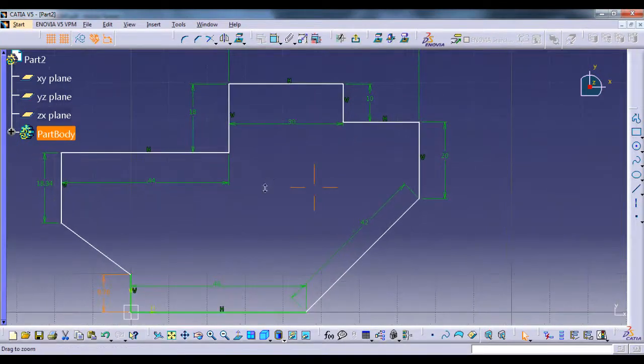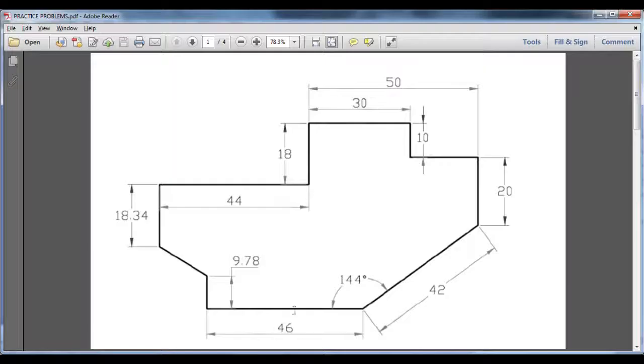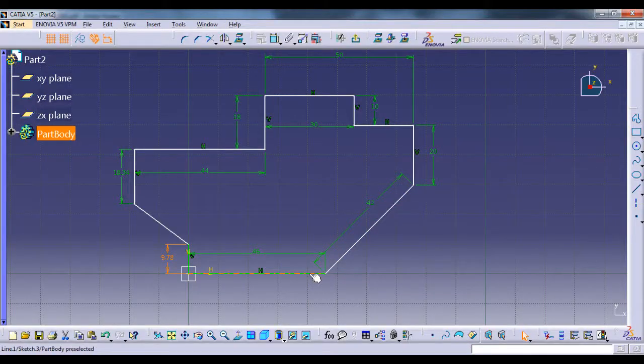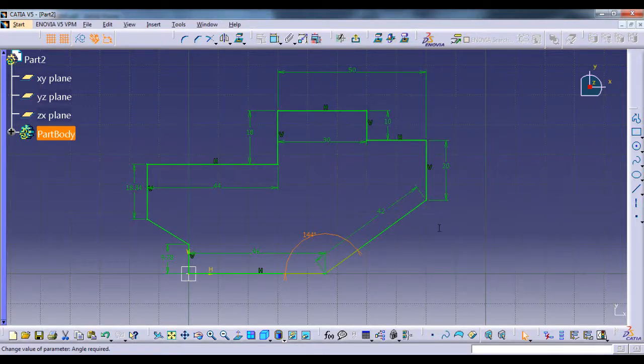Okay, now your angle is 144 degrees. So we'll select these two lines and again we will select the constraint. So we get the angle as 144 degrees. So that's it.